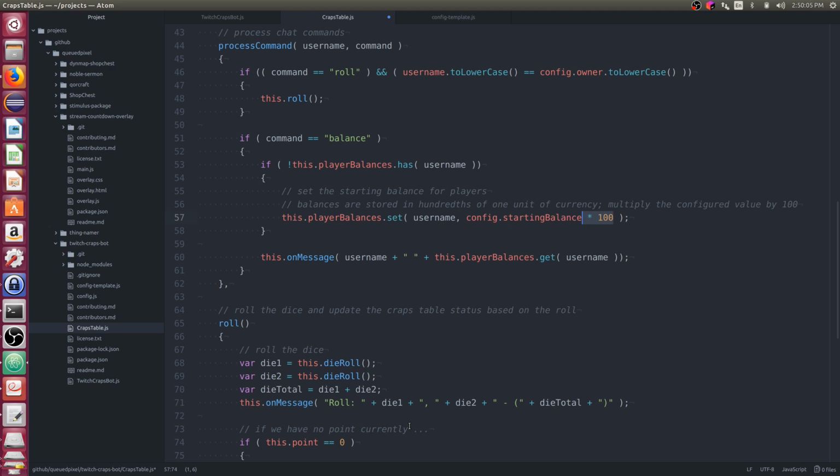I could put in a comment that says multiply the starting balance by 100, and it doesn't actually tell anyone anything. So in this case, I'm saying why we're doing this. Balances are stored in hundredths of 1 unit of currency. Multiply the configured value by 100. So this is what we're doing. This is why.